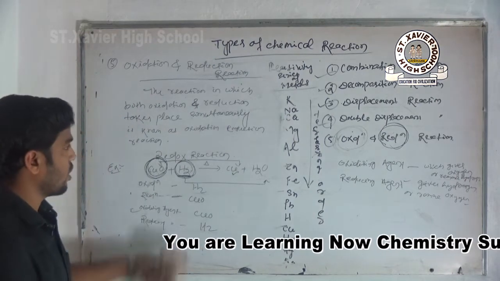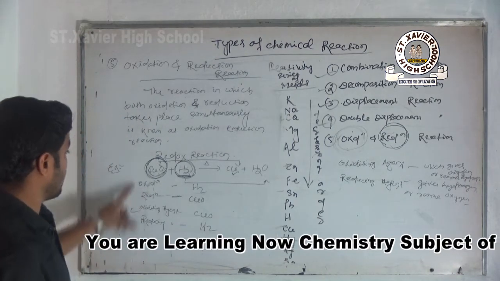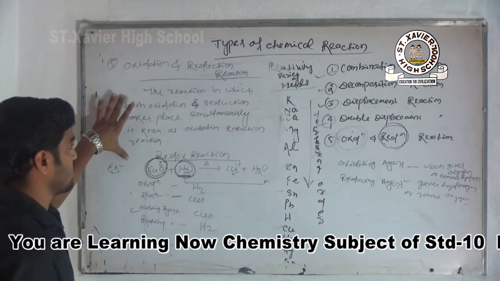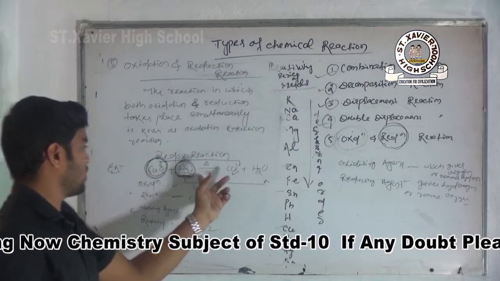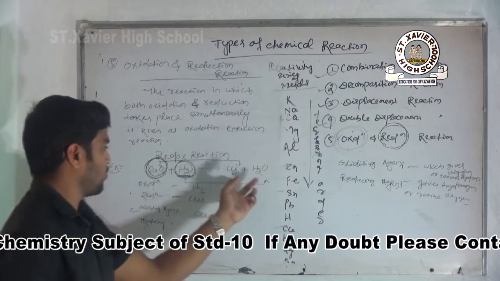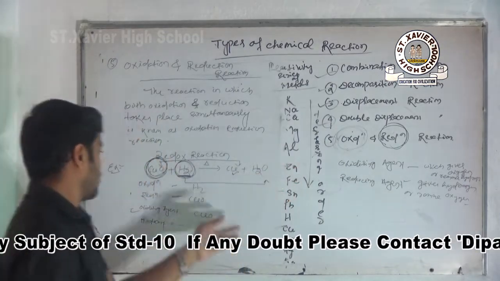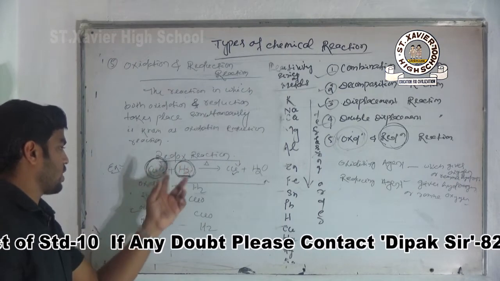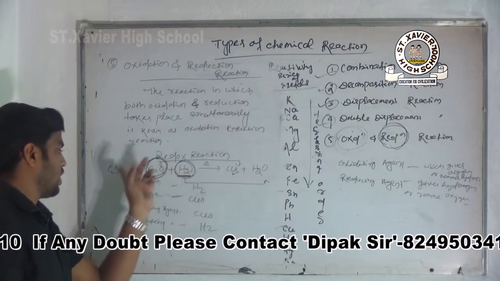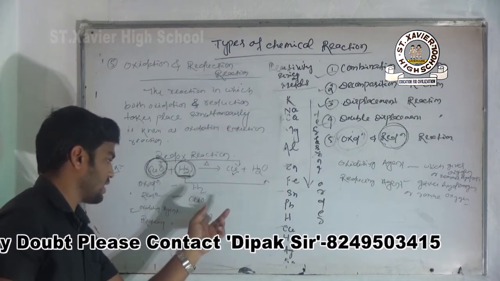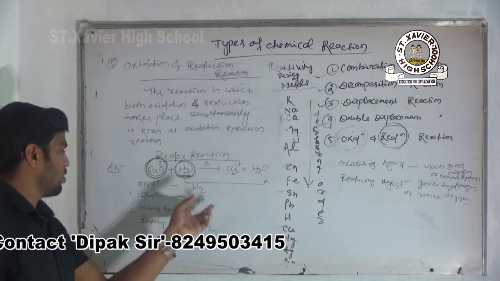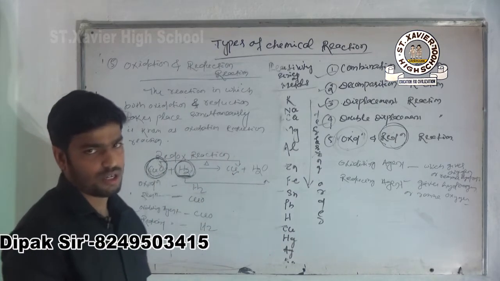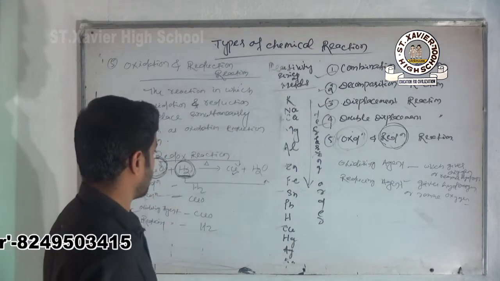Okay, so we have already learned here the definition of oxidation reduction reaction, and let's take an example: copper oxide plus hydrogen, when heated with each other, gives copper plus water. We will also find out what is being oxidized: hydrogen is oxidized, and the oxidizing agent is copper oxide, CuO. Then what is being reduced: CuO is reduced, and the reducing agent is hydrogen. So we have completed the 4 things.